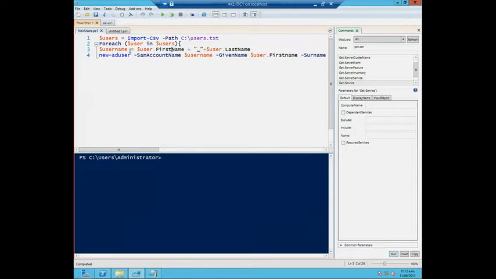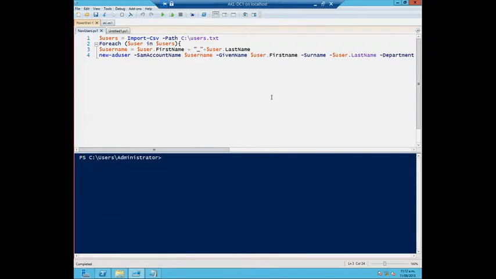So what I'm doing here, for every item, go look up the first name column. So we're going to build a nice little text string here: first name column, an underscore, then the last name column. Once I've built that, New-ADUser. Here, let me get rid of this so I have a little more screen space.